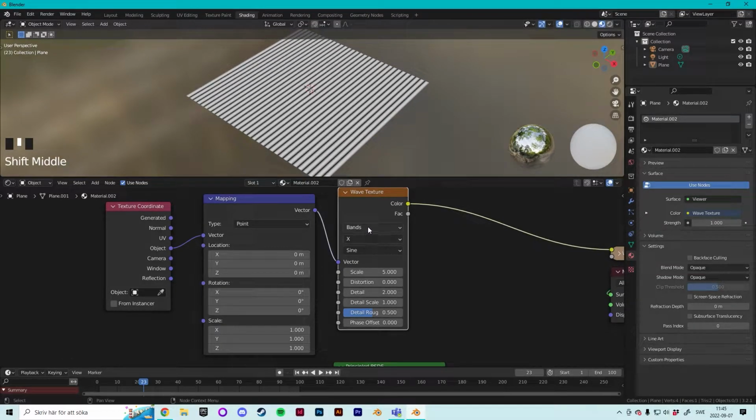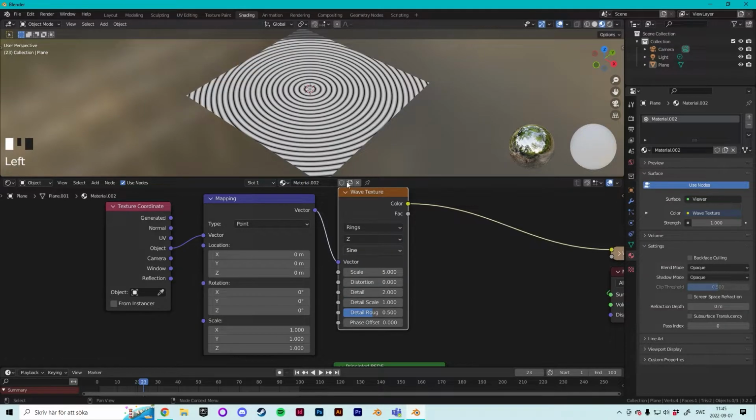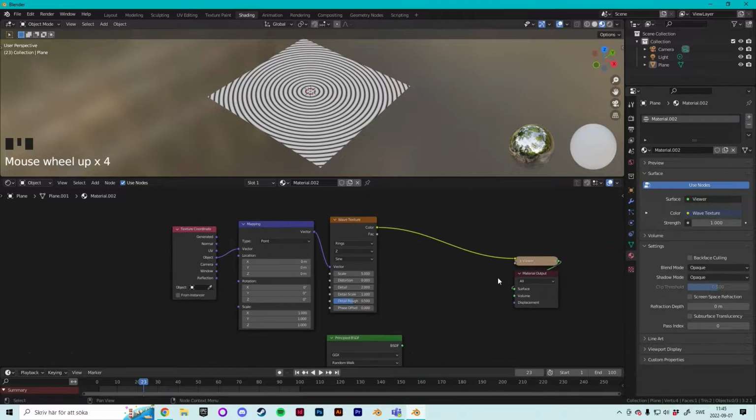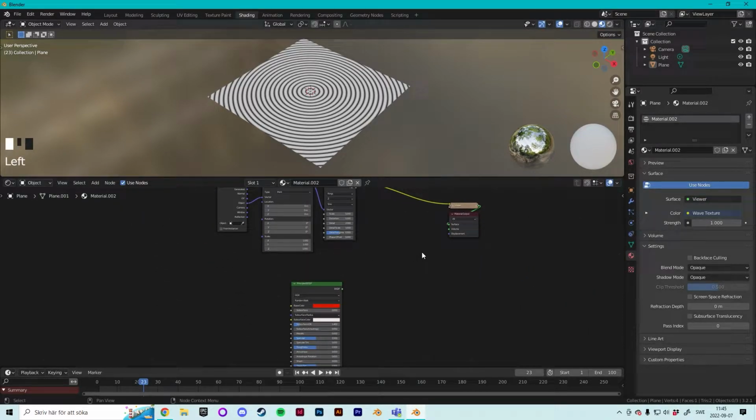looks. And we don't want bands, we want rings, but it still doesn't look correct, and this is because right now it creates a ring around X and we want a ring around Z. Yes, something like that. And now we need to combine these, so we move this one and we press Shift